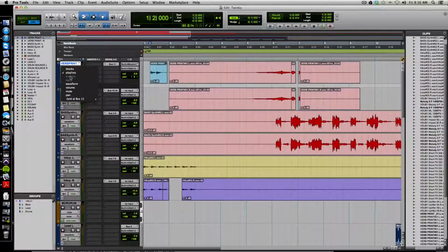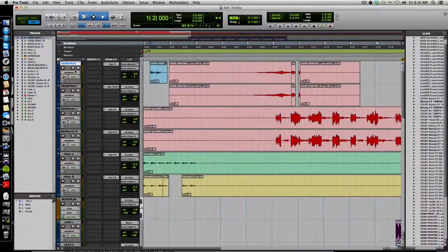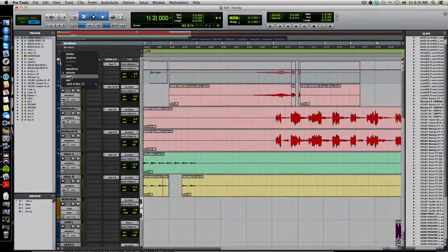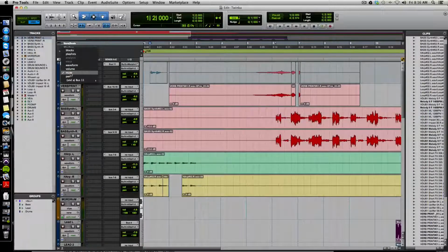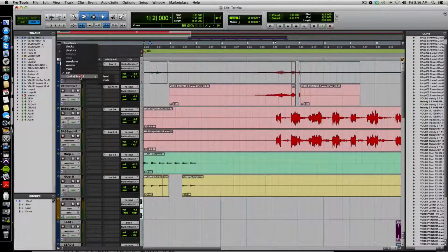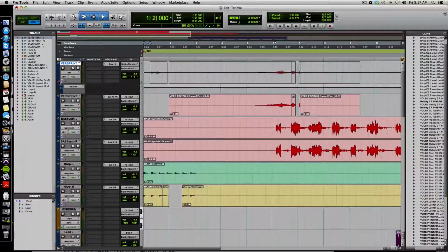Your warp and analysis have to do with elastic audio. Waveform views is where you'll typically stay. Volume would have a volume automation fader directly on the track, which would be useful for doing automation. Mute is also for automation. Pan is also for automation. You can also choose to automate the levels of your send, which we'll talk about, or you can view automation